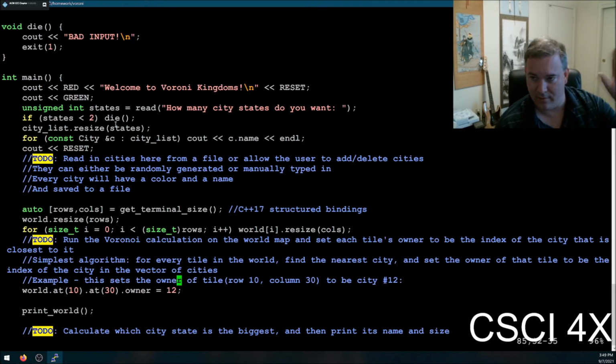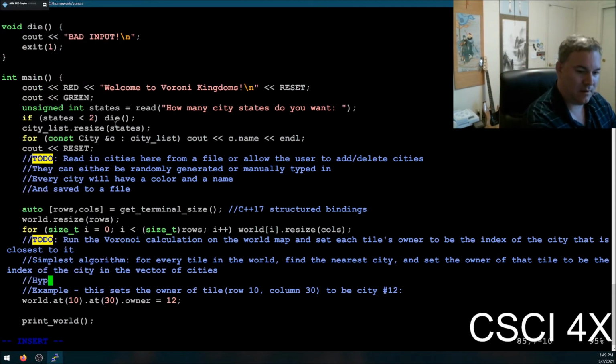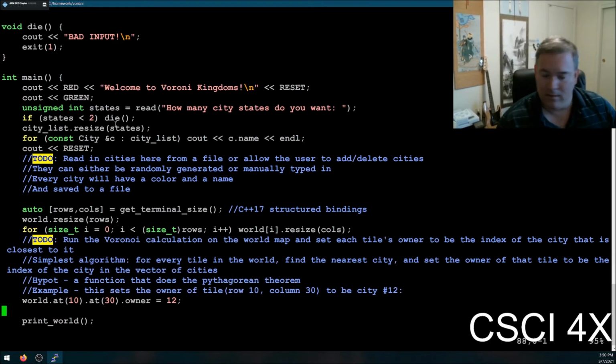You're going to do a big triply nested for loop. You're going to find out which city is closest using hypot. Hypot is a function that does the Pythagorean theorem. So you're going to set the owner of the tile to be whichever city is closest. You do all that, then you call print world, and print world is going to do